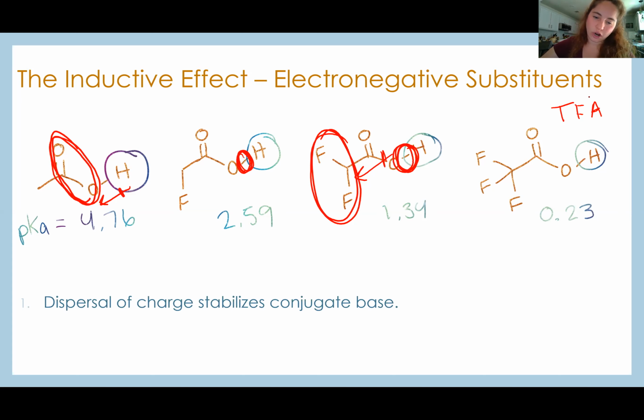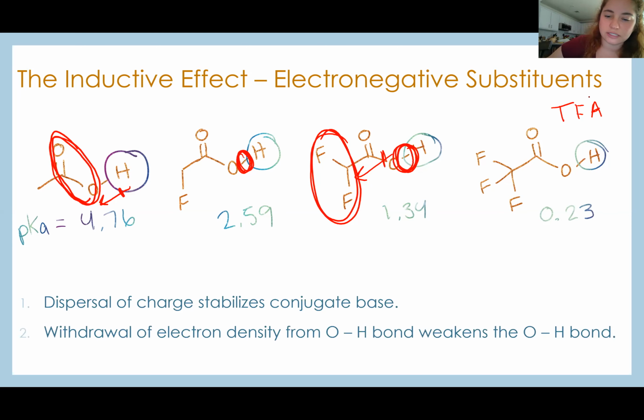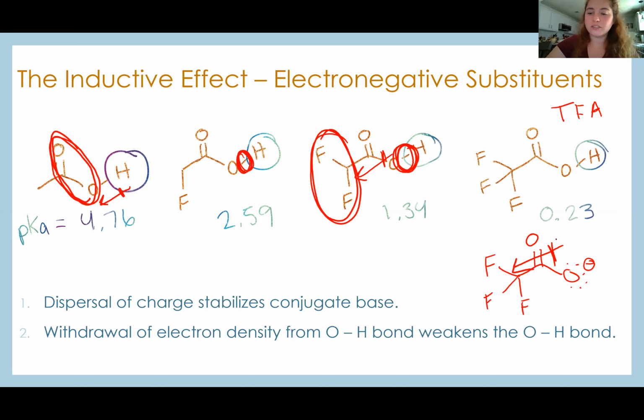So the dispersal of charge is going to stabilize the conjugate base, and also the withdrawal of electron density from the OH bond is going to weaken the OH bond. So that's the other thing that I didn't quite talk about in our conjugate base of TFA: not only is it resonance stabilized with the carbonyl, but since we have a dipole that is fully flipped this way towards the 3 fluorines, the electron density is not living on this oxygen. It is very well spread out across this entire molecule